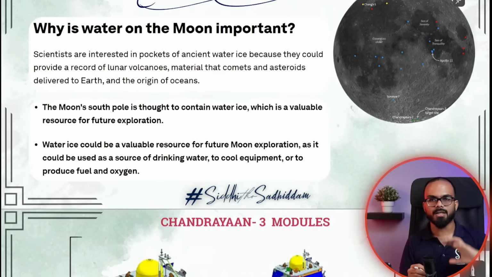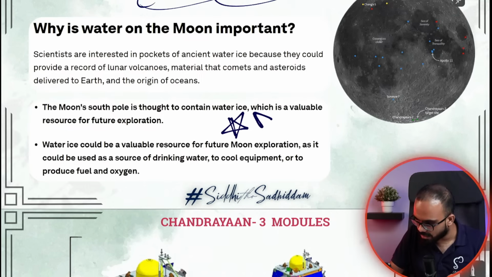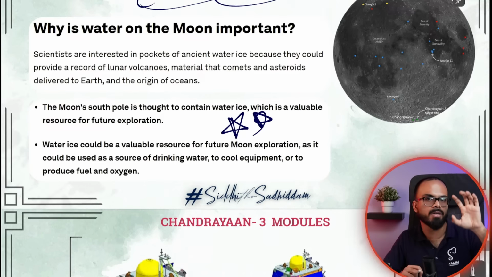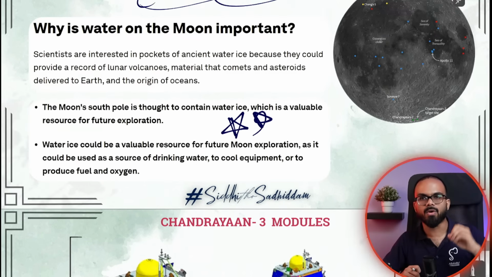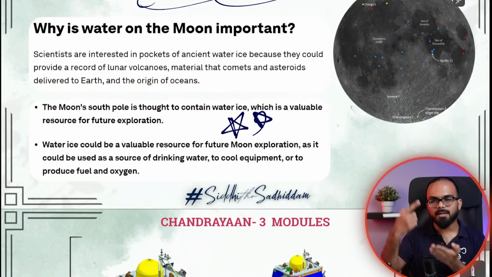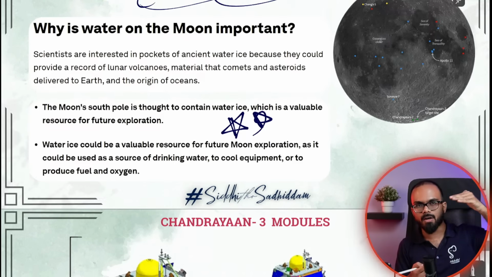With that, we want to understand the history, the climatological history. And if we are successful and we can say that there is water on the South Pole and this water is useful, then we can use that water in future missions where we can cool down our equipment. We can work on the moon for a longer period of time. The reason why cooling is important is because when your satellite is coming onto the moon's surface, it overcomes a lot of friction. So when it is overcoming a lot of friction, obviously it gets heated up a lot.